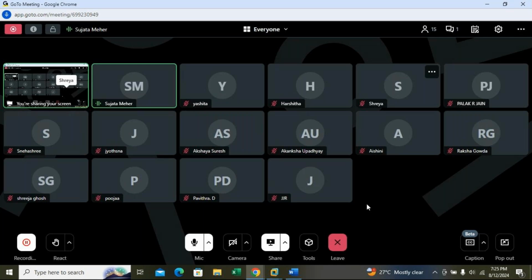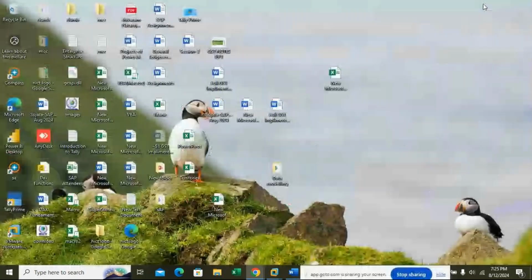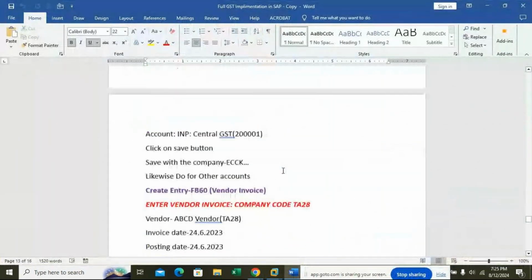But almost everything is in the recordings. I have taught in the recordings, where you can find the steps you have to follow, and a few of those notes I have sent. I think I'll be sending the full GST configurations today, you just check it out. Full GST implementation, because GST is almost done, so I'll be sending it out.